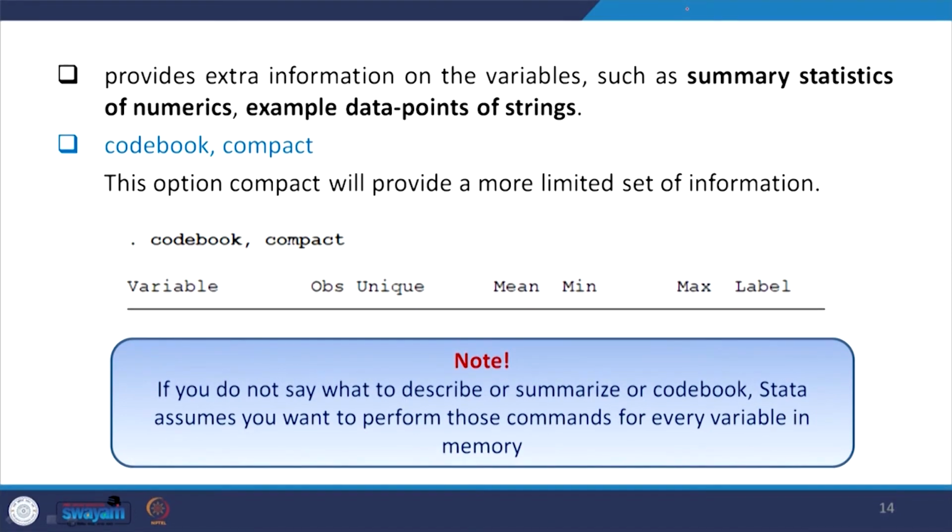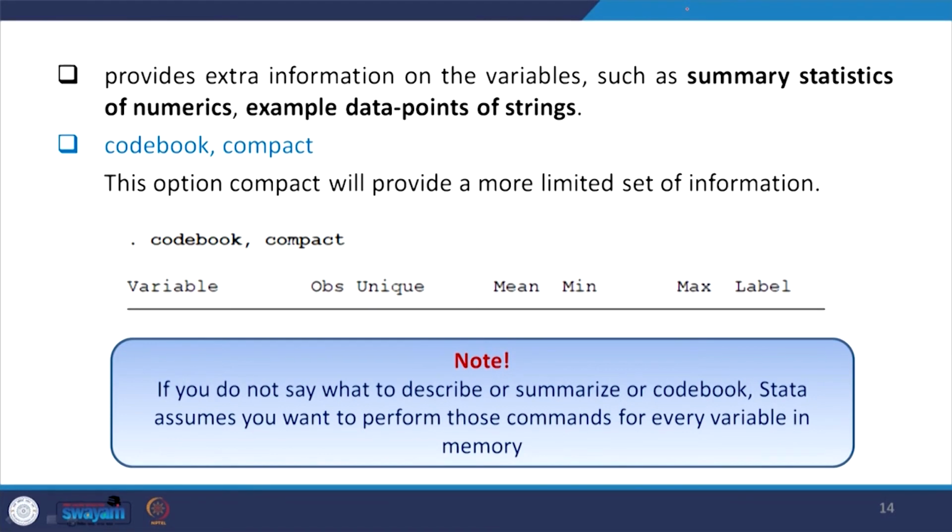This command is going to be useful. Now, codebook provides extra information on the variables, such as summary statistics of numerics and example data points of strings as well. Now, codebook, compact is another aspect where all the variables are opened in another window